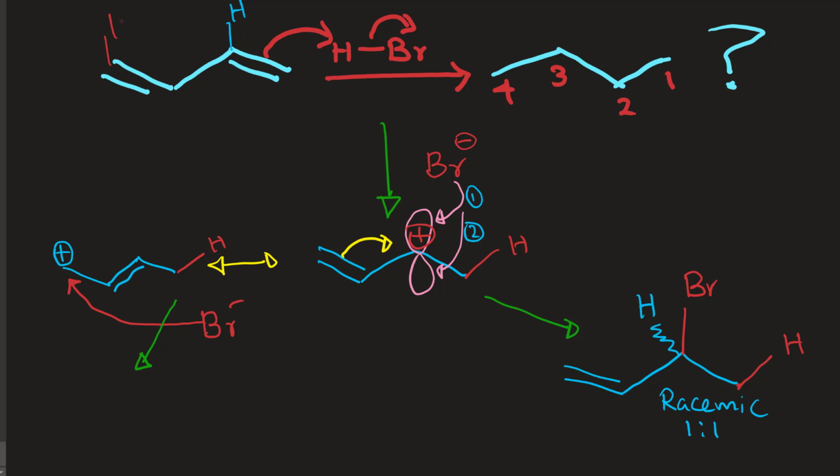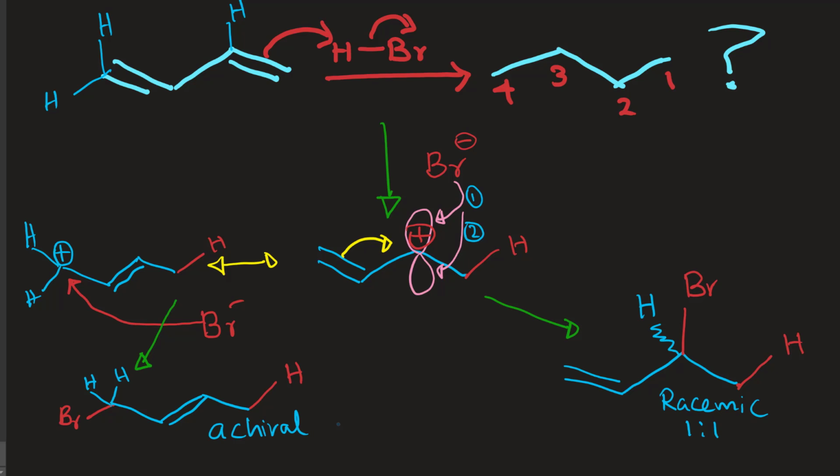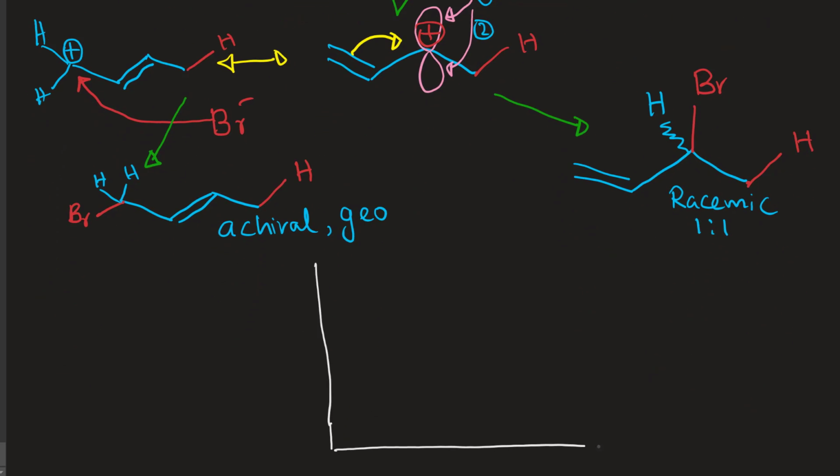So this bromine goes in. Now look at the hydrogens here on the double bond. There are 2 hydrogens, so there's no preference. The bromine just goes there because it's not stereospecific. It's not a chiral center. So hydrogen on the first carbon, bromine on the fourth carbon. So it's a 1,4 addition. Like I said, it needs time and heat to move the double bond according to the resonance structure. So this product is achiral, but still, cis-trans isomerism is still possible, right? Because there is a double bond.